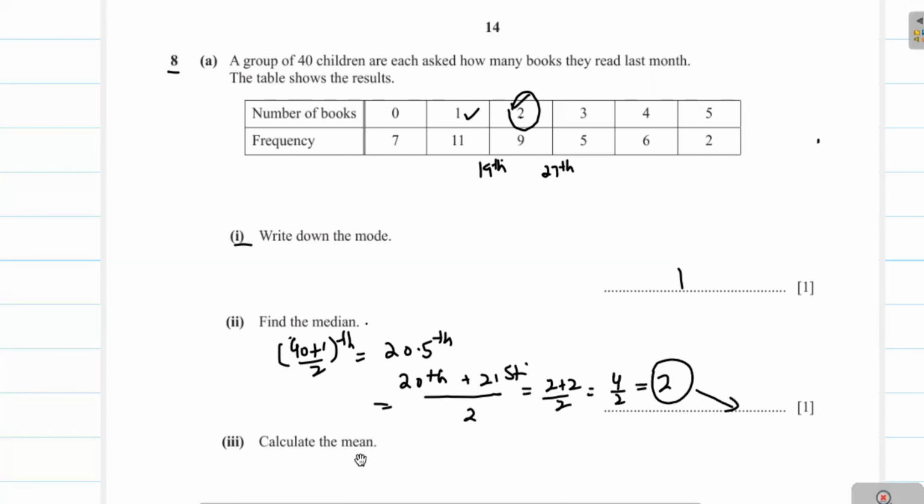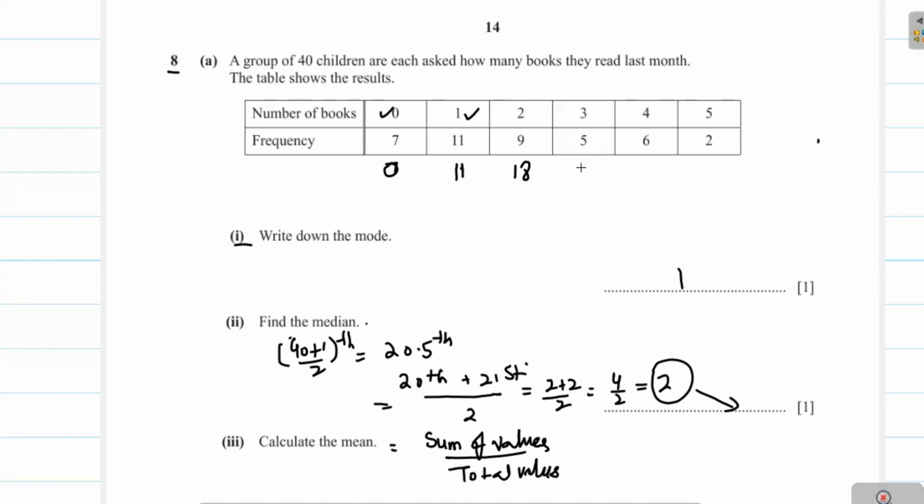The next is to calculate the mean. The formula of mean is the sum of values divided by the total number of values. The sum of values we can find if we multiply the number of books by frequency. After multiplying, we add all these values, and we get the sum of values. You see here, 0 multiplied by 7 is 0. 1 multiplied by 11 is 11. 2 multiplied by 9 is 18. 3 multiplied by 5 is 15. 4 multiplied by 6 is 24. 5 multiplied by 2 is 10. The sum of these values here will be